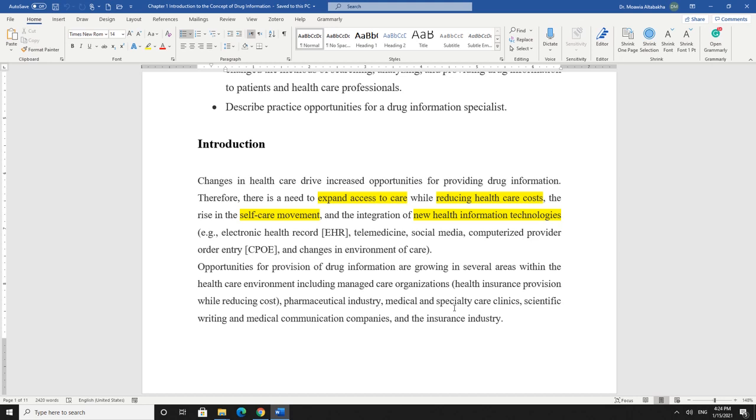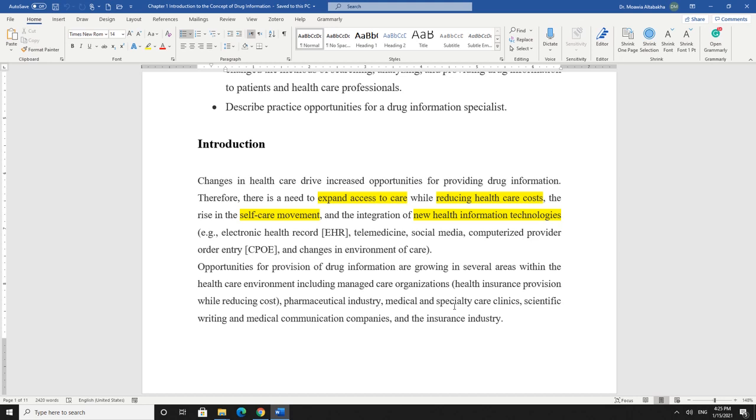We have telemedicine, and here we are talking about, for example, you are in a rural area far away from the city, and the country cannot provide you with a clinic in your area, and you want to see a doctor, or you want to be monitored by a doctor, and this can be done through telemedicine. So you can meet the physician online, and the physician will counsel you or prescribe medication for you.